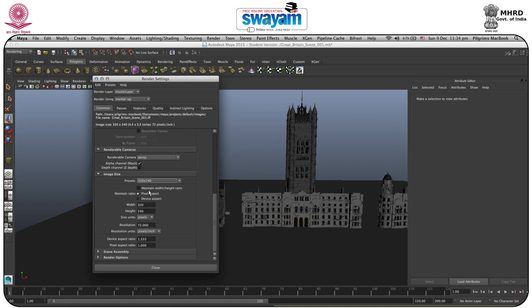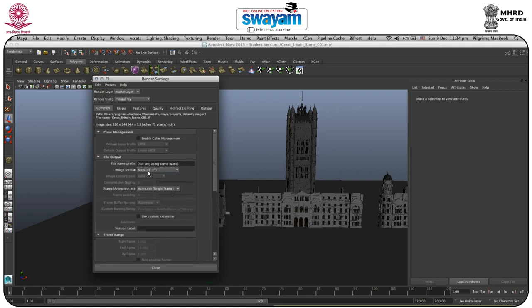If I'm satisfied with my result, then I will increase it to 4K, which is 4 times HD, or even go to 1920 by 1080p. Okay, so this is around here, 1920 by 1080p. But for testing purposes, I will go to the lowest resolution size. And one more thing is that